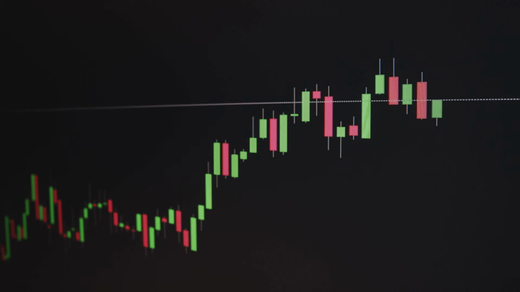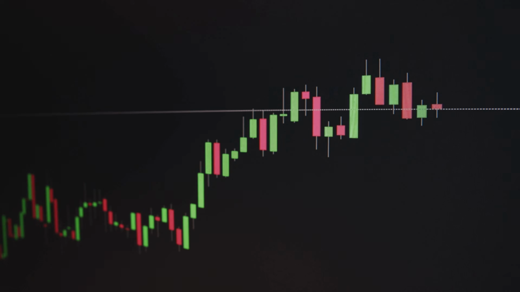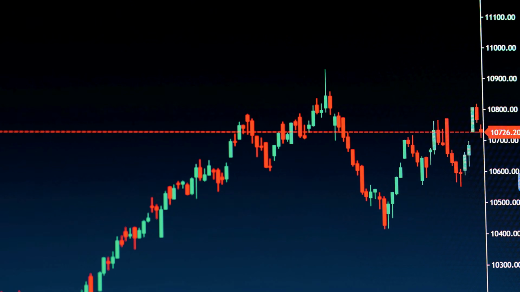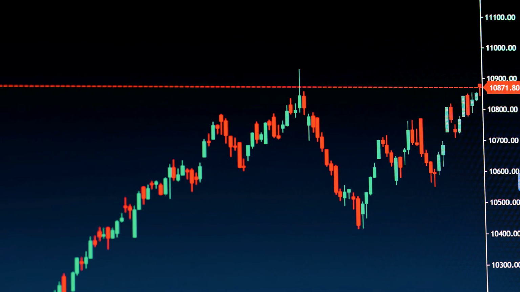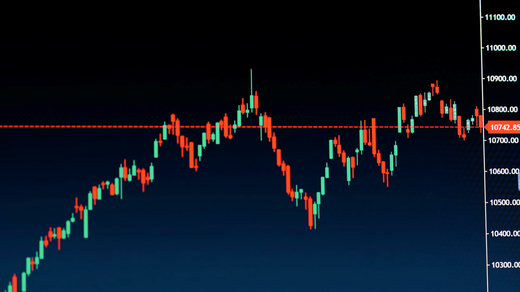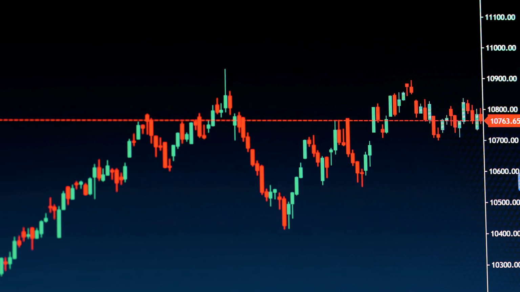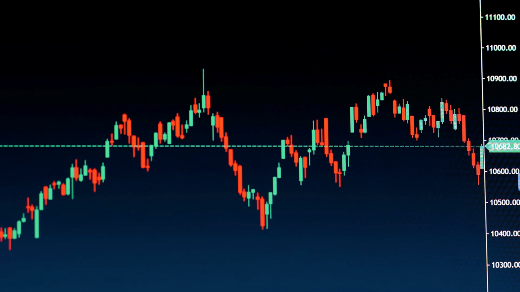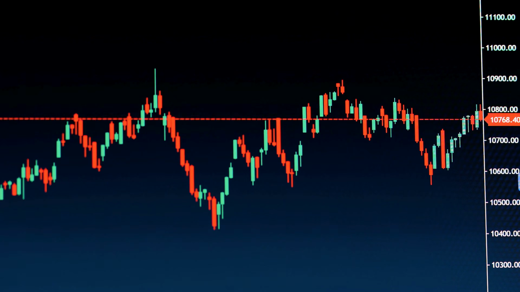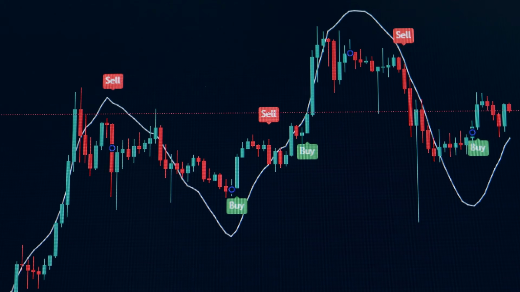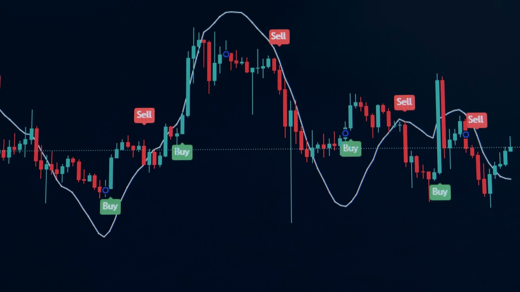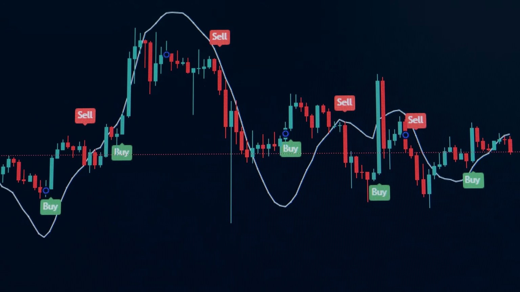You're not alone. In fact, this phenomenon is one of the most fascinating and misunderstood aspects of the market, and it's precisely where order blocks come into play. If you've been trading for a while, you've probably encountered concepts like support and resistance, supply and demand zones, or even Fibonacci retracements. But order blocks take these ideas several steps further because they allow you to see the market from the perspective of the big players, the institutions, hedge funds, and professional traders who control the majority of trading